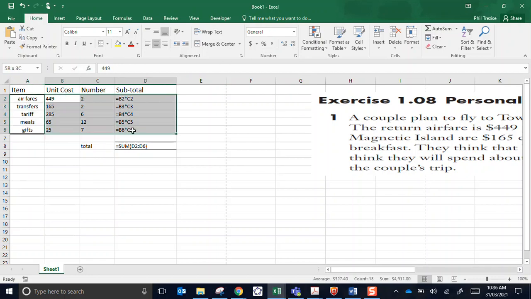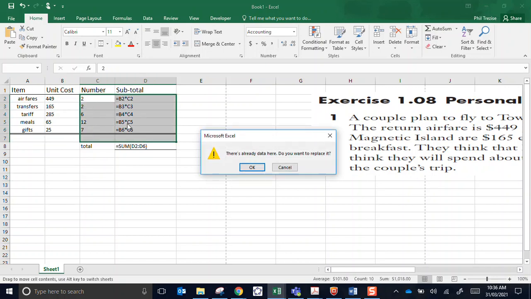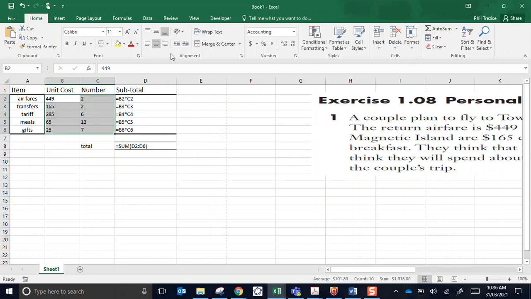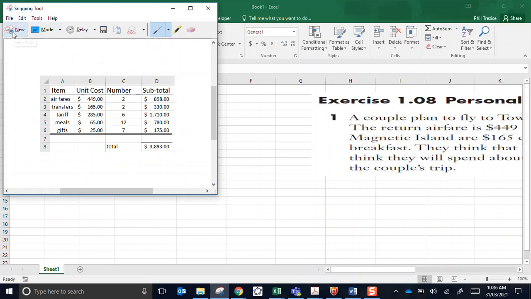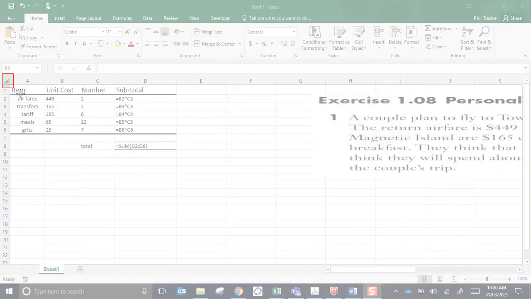I can center these things. That makes it. Nope, I can't center the formulas. Can I center the numbers? Oh dear, I did something wrong. I'll cancel that. Can I center the numbers? Nope, I can't even center the numbers. So when I show formulas, it's literally showing me the bare bones of what's going on. The numbers are all just numbers, even though these ones I had formatted as currency, but importantly, the formulas are here. Now, if I were to do a screenshot of that little piece of my spreadsheet,